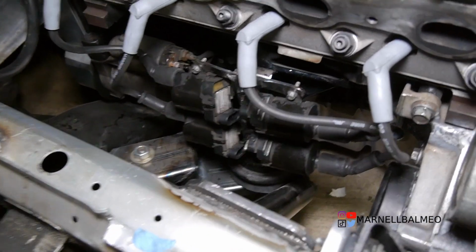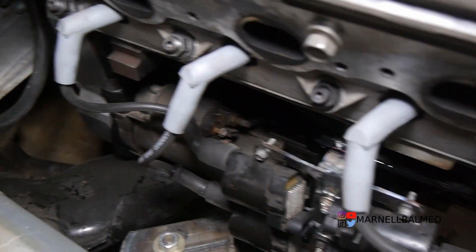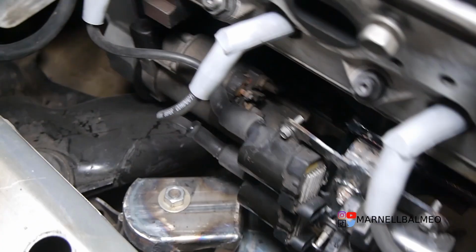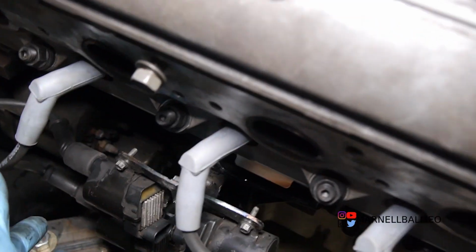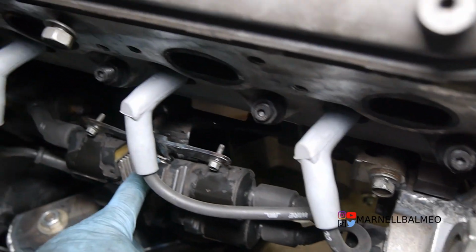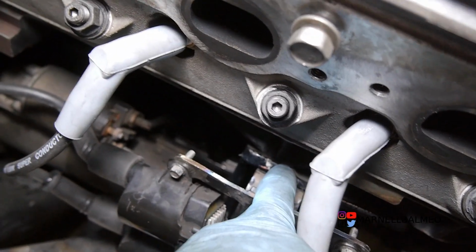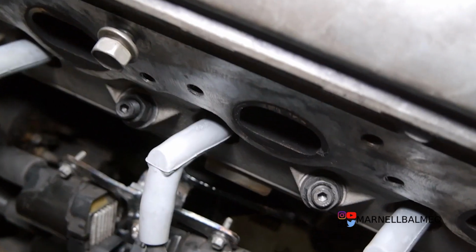Alright, so let's talk clearance. There's plenty of clearance on the alternator so it doesn't hit anything. Wires are all separated. The back one's also separated. Nothing touching on the sides or anything. There's plenty of clearance on the starter there. And it's a little hard to see, but I could put my whole hand in there. So nothing touching, which is what I want. So that's a good thing. What I'm kind of thinking though is I might need to ground this one, because I believe these things are grounded. But with this thing being powder coated, I'm not sure if I'm going to be able to get a